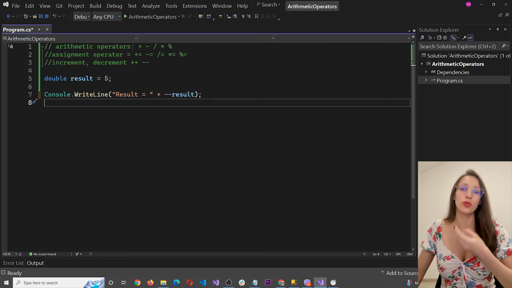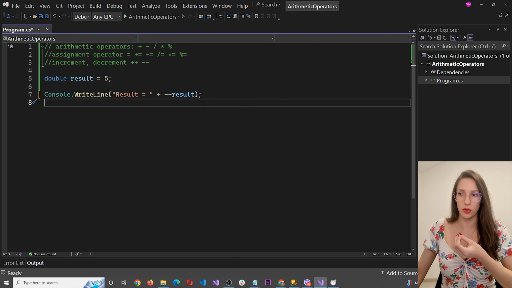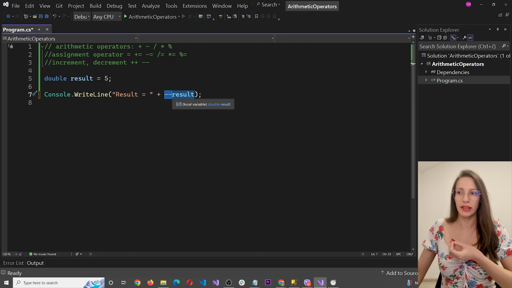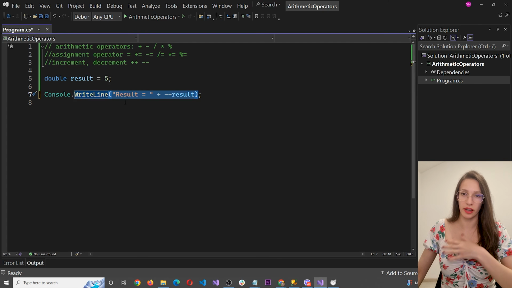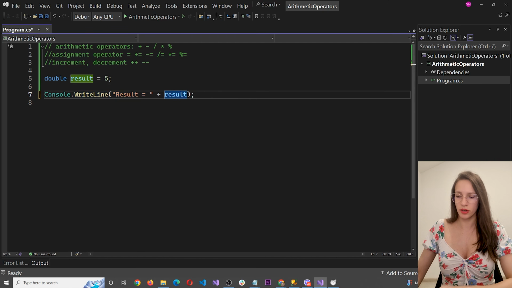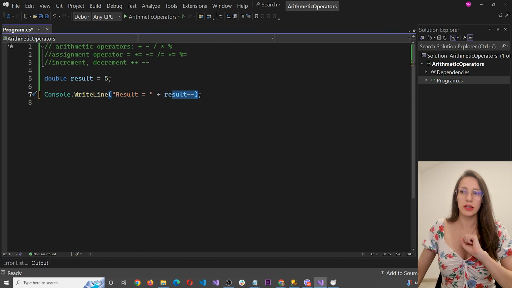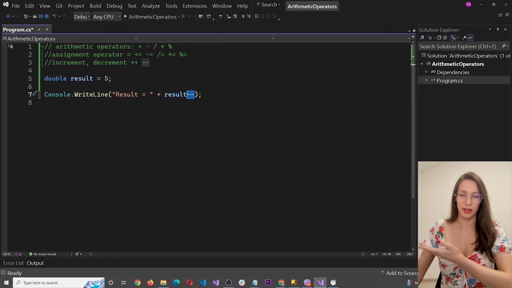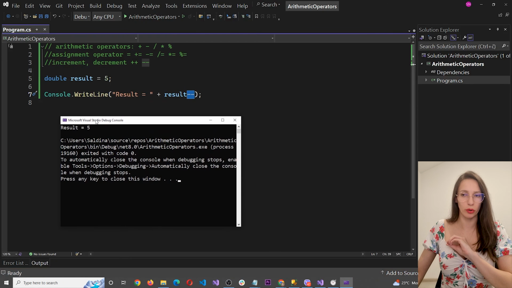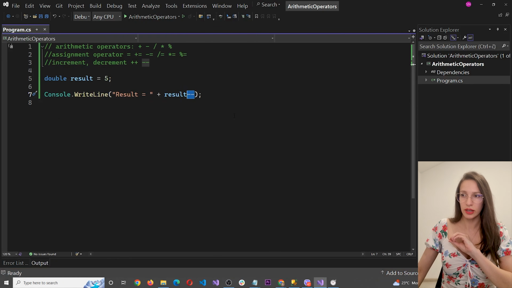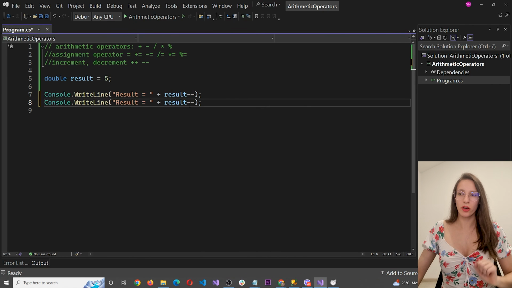Well, it has to do with priority of execution. This here will be executed first, and then it will print this entire value. But in this situation, we will first print this value, and then we are going to post-decrement, which means that in this situation, if I run the program, I get the value of 5,